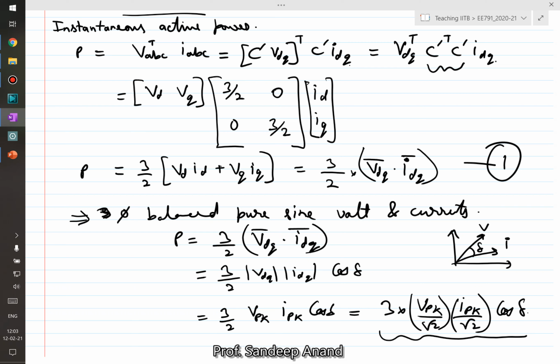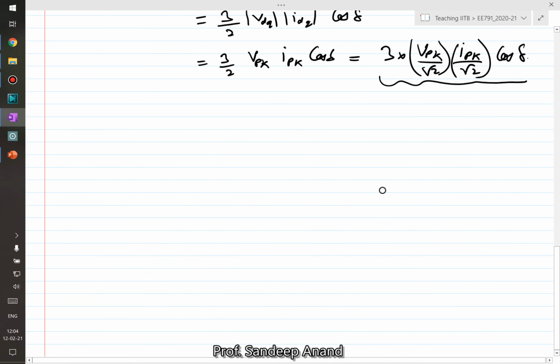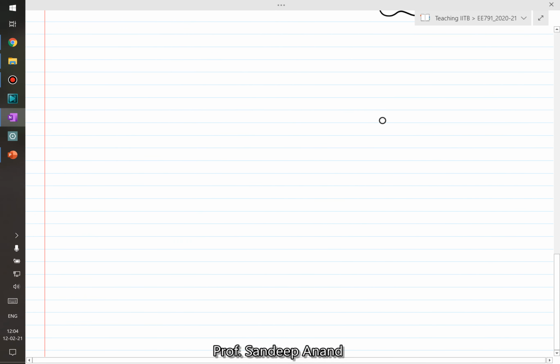So far so good. So we could actually define an instantaneous active power. There is an average active power, right? Average active power is the average over the fundamental cycle. Now, what about reactive power? Can we somehow also define reactive power in the DQ0 frame? Now that's a little bit more difficult. I'll tell you why it's a little bit more difficult.